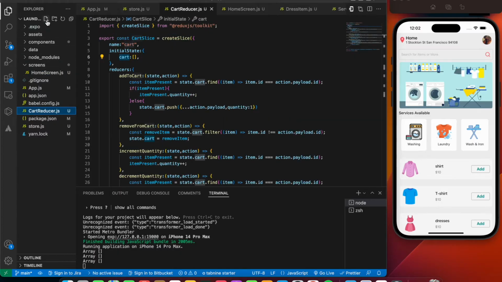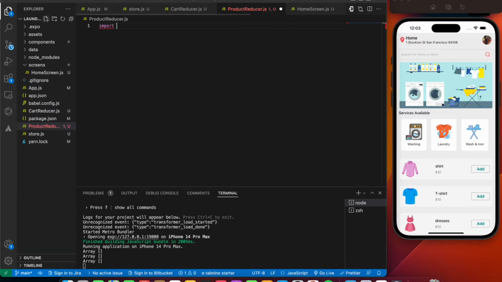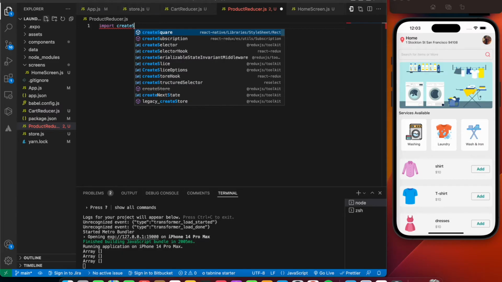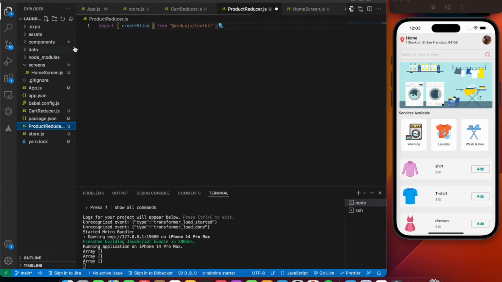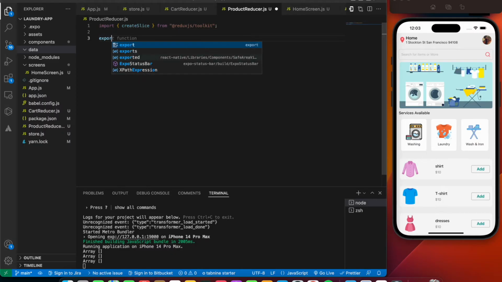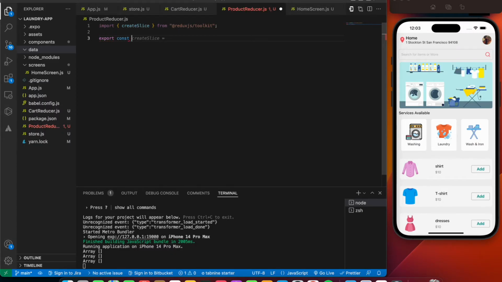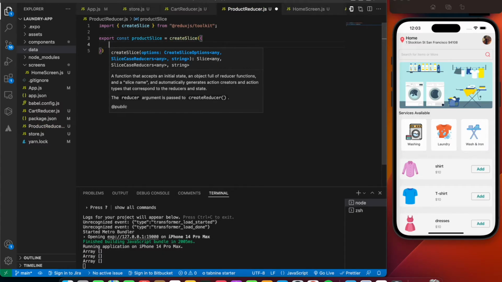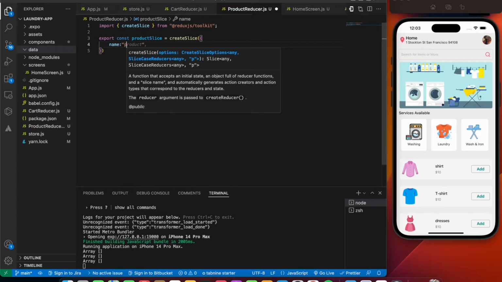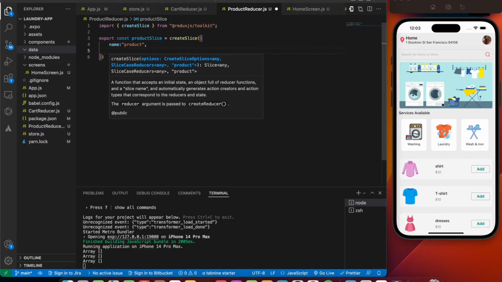So next to cart reducer, new file, productReducer.js. Again, it's going to be the same thing: import createSlice from the Redux toolkit, and we're going to say export const productSlice. The syntax is going to be pretty much the same as the previous reducer, createSlice. Again, the first thing we need to provide is a name. Since we are dealing with the product, let's give the name as product. And again we have the initial state,